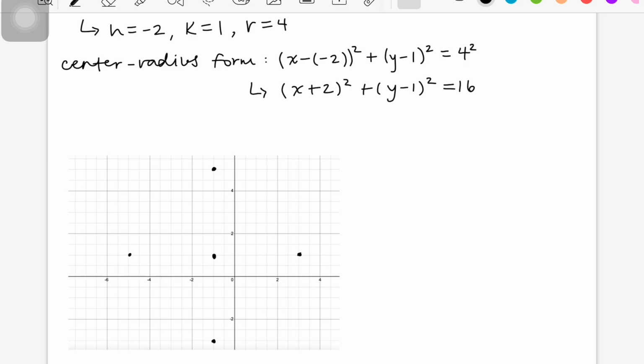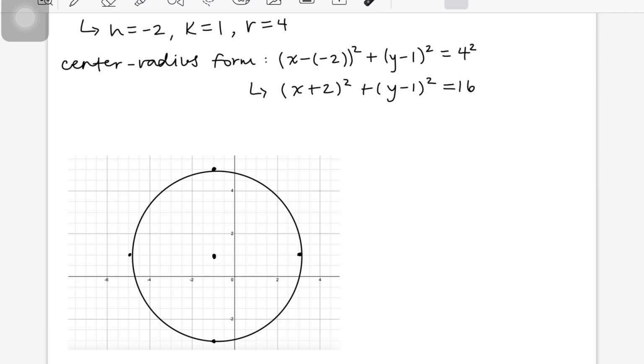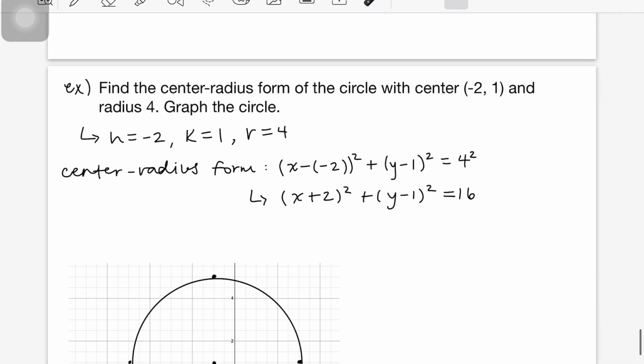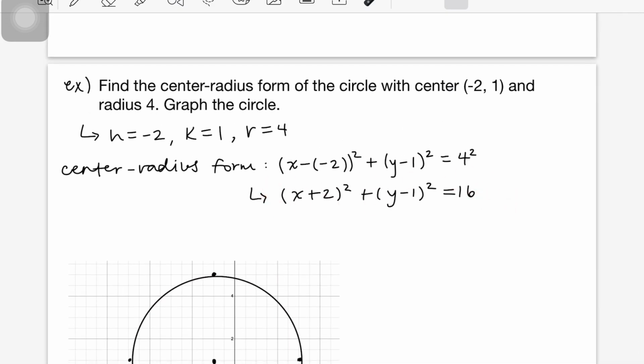Okay. And that'll give us a rough sketch of what this circle looks like, and that was not the best connecting the dots, but luckily when I draw a circle it'll make a nicer one. But yes, so this will be a rough sketch of what this function looks like. Alright,